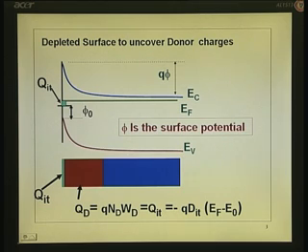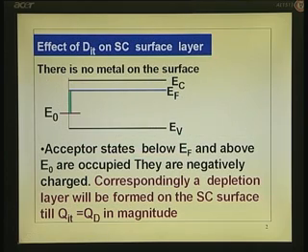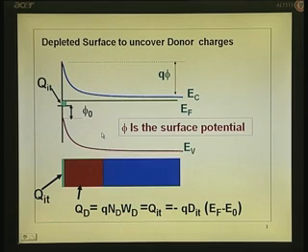You can see, if I draw it like this, energy band diagrams are flat, which would mean there is no depletion layer. But the very fact that there is a depletion layer, energy band diagrams will bend, and it will be like this, like a regular Schottky barrier diode. You do not have metal there. Without the metal, you have now got a depletion layer formed here up to this point. This red portion here is the depletion layer, this is the surface state charge QIT, and this is the neutral